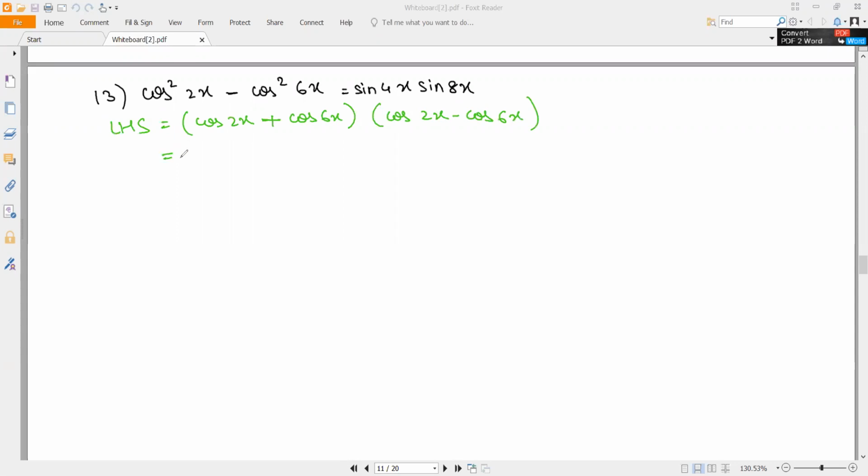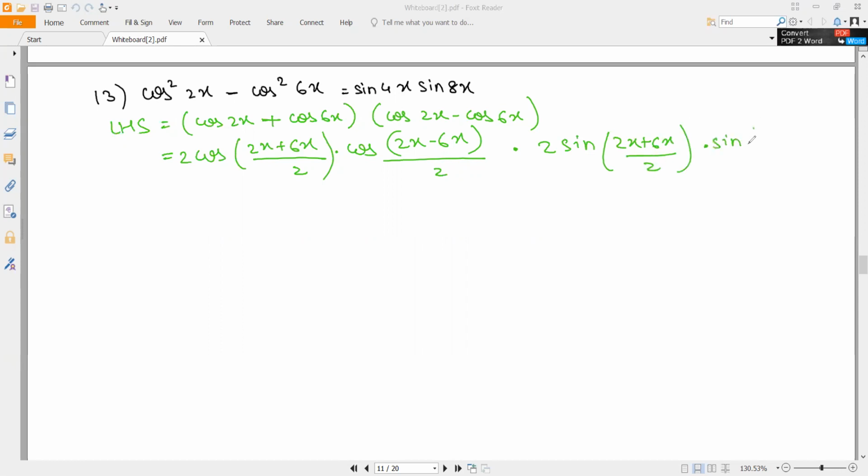Cos a plus cos b is equal to 2 times cos of (2x plus 6x), a plus b by 2, into cos of (2x minus 6x) divided by 2. This is multiplied by cos a minus cos b, which is 2 times sine of (2x plus 6x) divided by 2